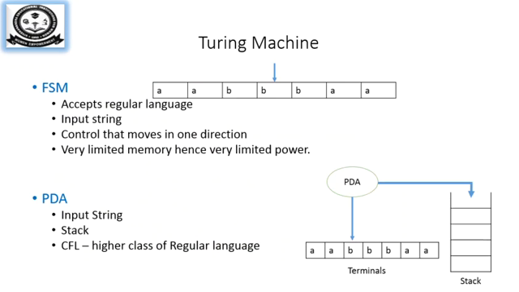We'll see what a finite state automata is. In a finite state automata, you will have a control unit that reads the input string and tries to recognize the given language. The control moves only in one direction. It can move only from left to right. And it has very limited memory, hence it is very limited in power. That's the drawback. That is why we go for push-down automata, which is more powerful than the finite